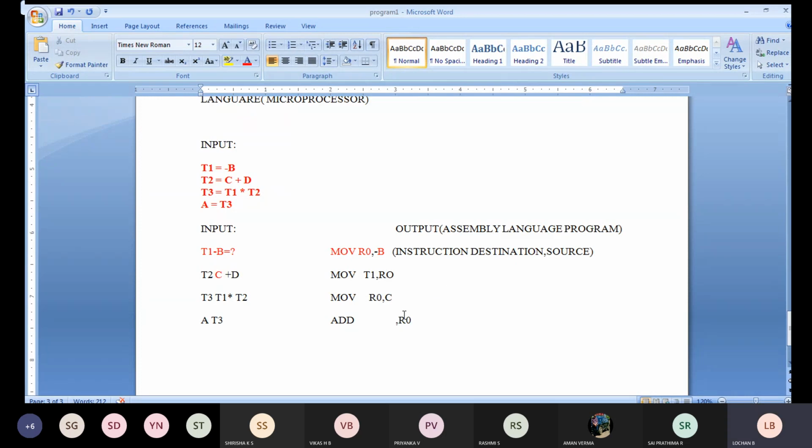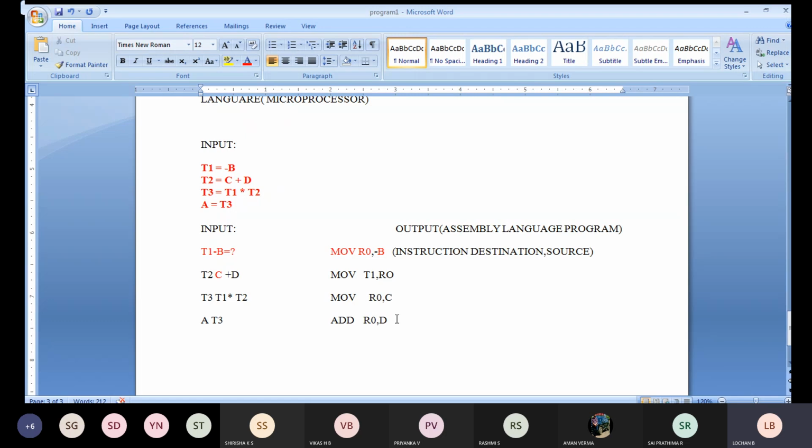D. Whatever the content of R0 is there, that R0 I am going to move to the D part. So I'll repeat once again. Whatever the content of R0 is there now, R0 you got C. What we need to do in this particular case? Addition we need to do, plus operator. Plus is nothing but instructions I am going to write add. What is the next you got the variable? Next you got D. That I am going to content in your D part.